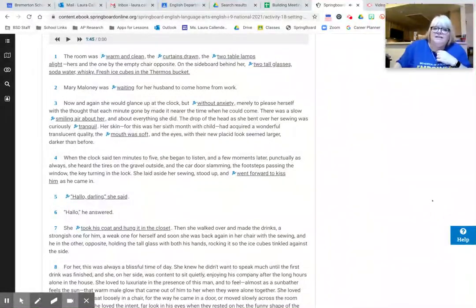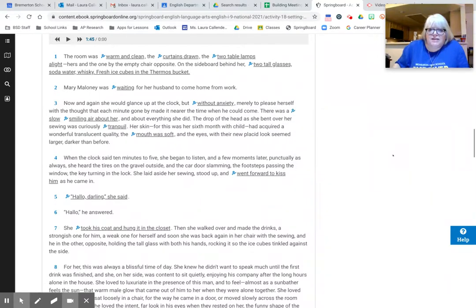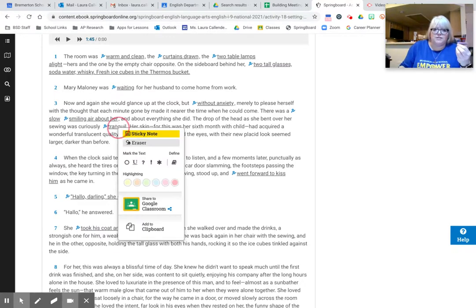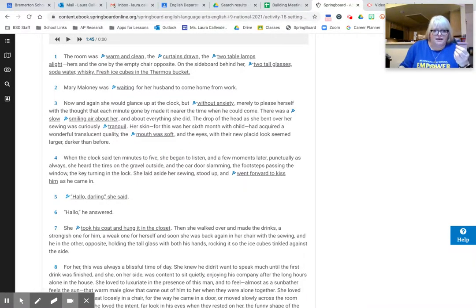All right, so I'm going to see if I missed anything as we were listening there. I'm sure there are things that I probably should have underlined. I like this word up here, slow, to indicate her emotions. She was not upset or anxious about anything. She was calm. She was sewing and tranquil. So tranquil might be a word that you want to define, so I'm going to mark that for definition.